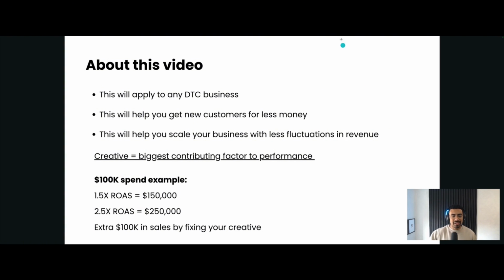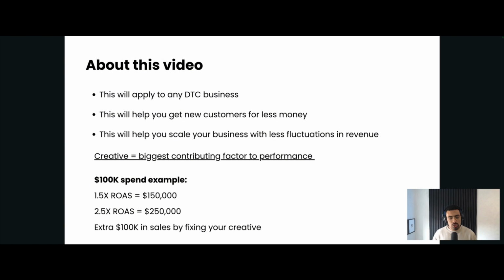Now let's use an example, okay? So let's say we spend 100K on ads. If you've got average creatives and you're getting a 1.5x return on ad spend, you're going to get 150K in return. If we then do the work, talk about the things that we go through in this video, and we improve the creative so that instead of a 1.5x return, we're now getting a 2.5x return on ad spend,